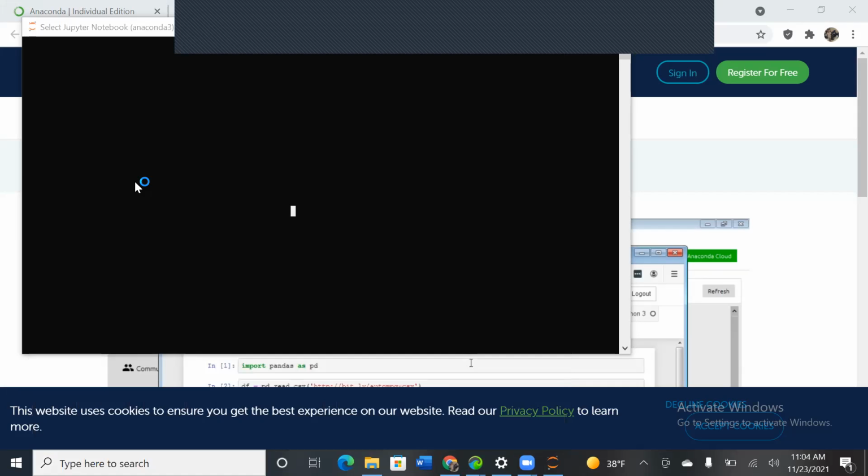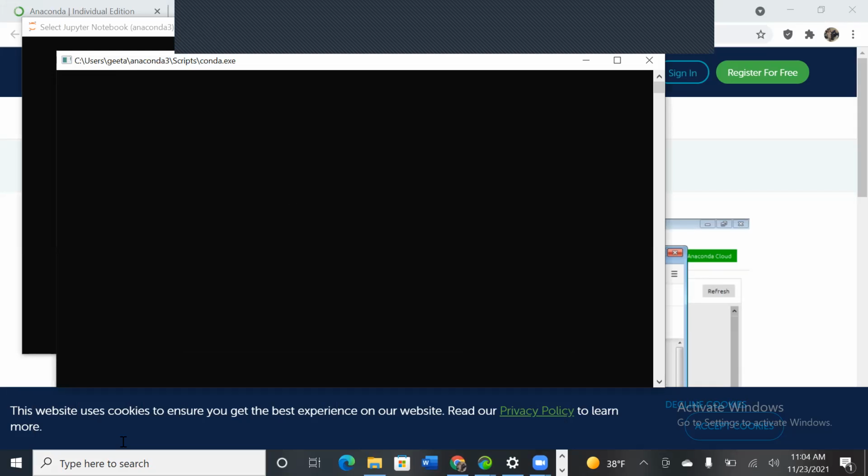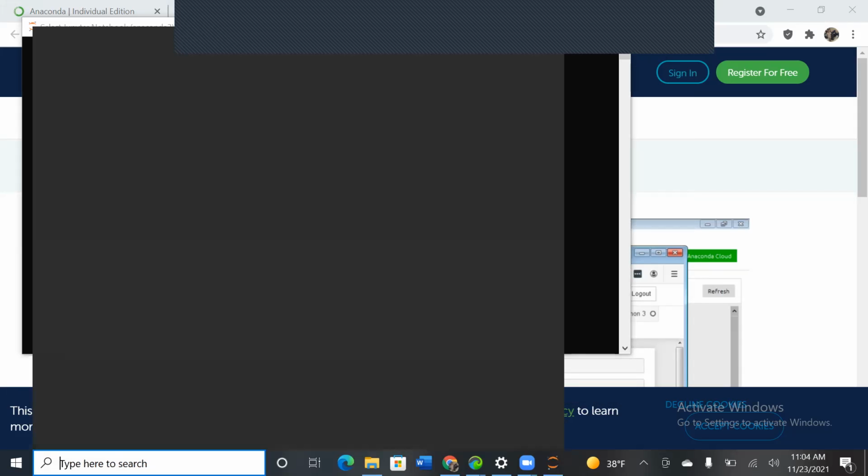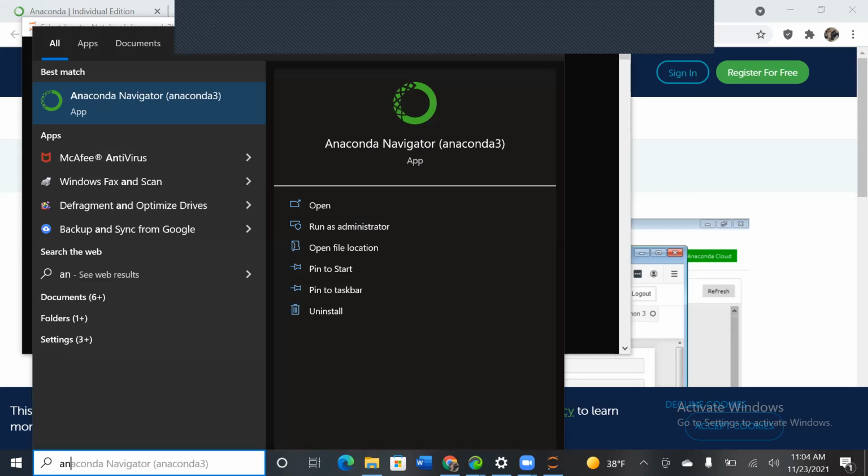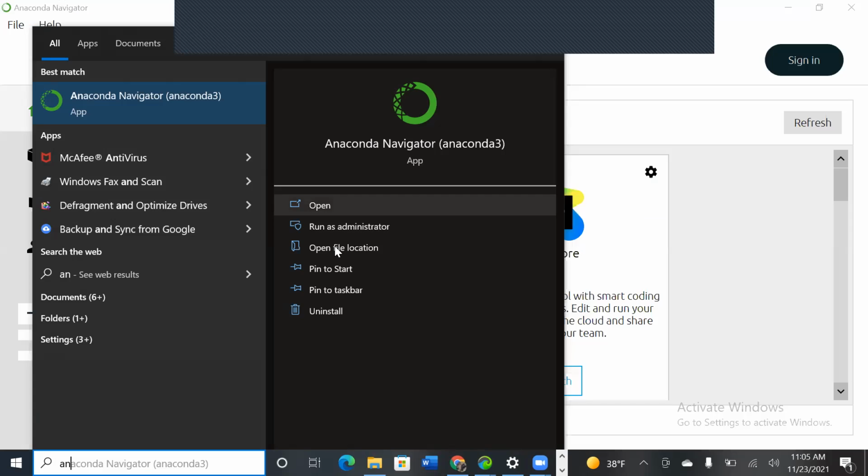And you can do one thing. You can pin it to the taskbar as well, so you don't have to search every time. You can directly click on that. Again, go to the start button and type Anaconda Navigator. Now click on pin to taskbar. Do you see on this side, open, run as administrator on your right side? Yes, pin to taskbar.